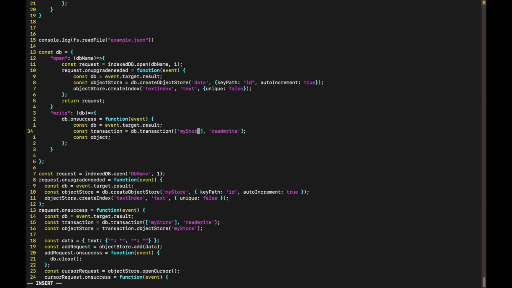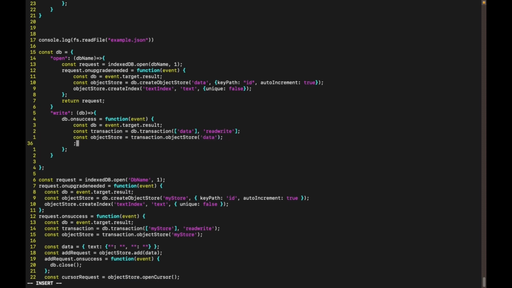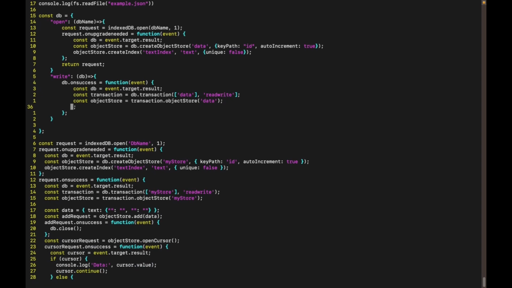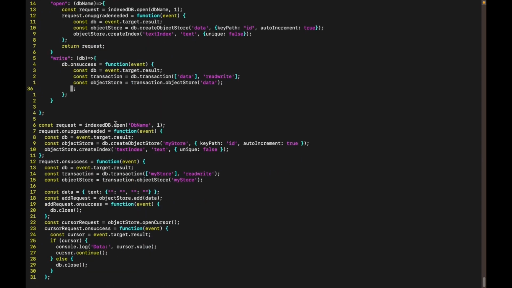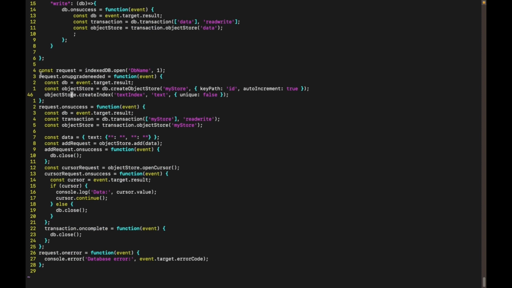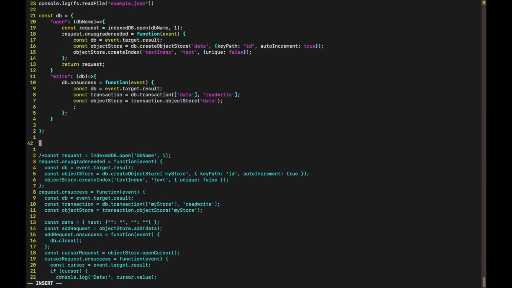And this is actually going to be called data, right? So transaction, we're going to get the object store called data. And I'm just gonna put that even though I know it's not correct yet. Comment everything out, where everything's fine. And then just say, well, print out what